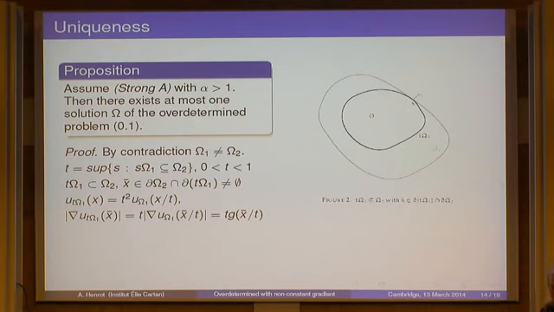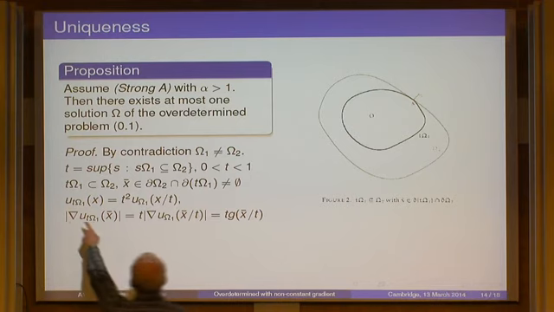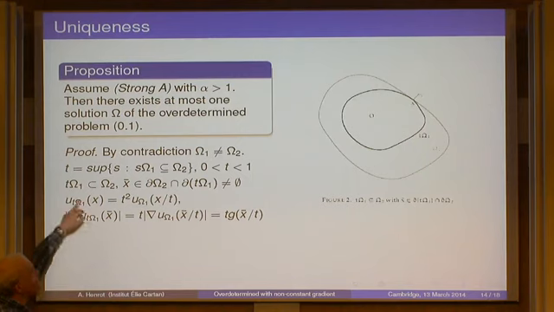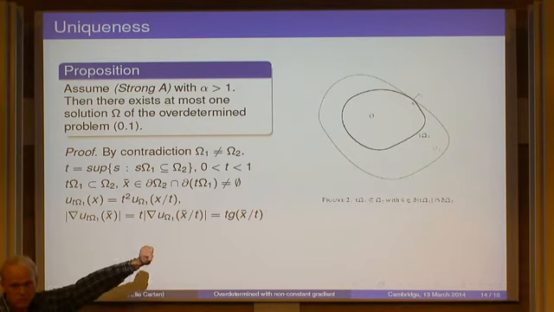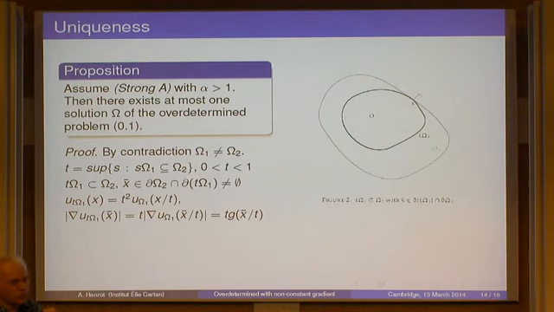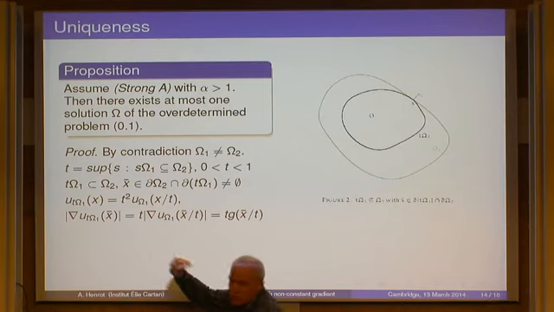You can compare by the maximum principle the torsion function u at t omega 1 and at omega 2. Because t omega 1 is included in omega 2, the u of t omega 1 is smaller than the u of omega 2. At the common point of the boundary, they are equal, so the gradient of one is larger than the gradient of the other one. And when you write down and use the fact that you know precisely the gradient,